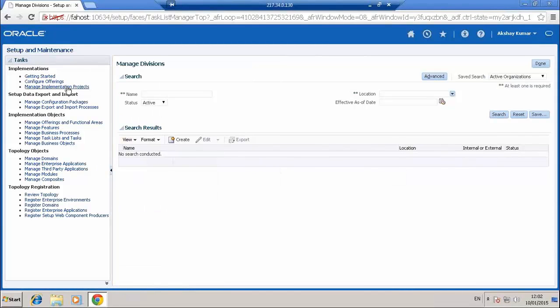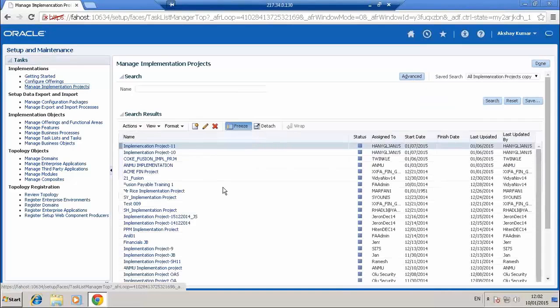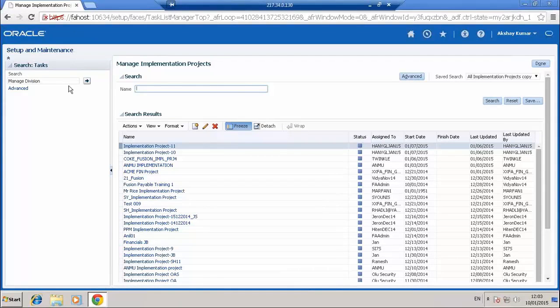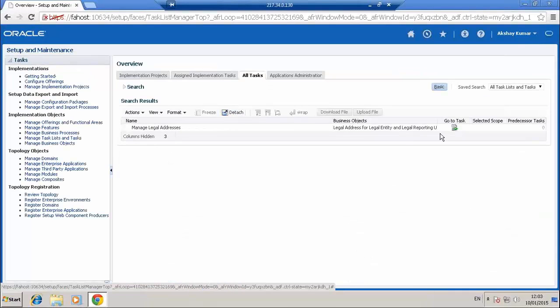And the next task which I'll take is manage legal addresses.